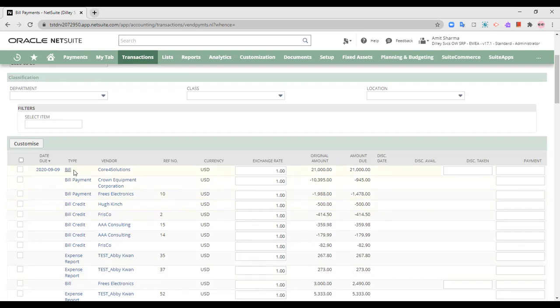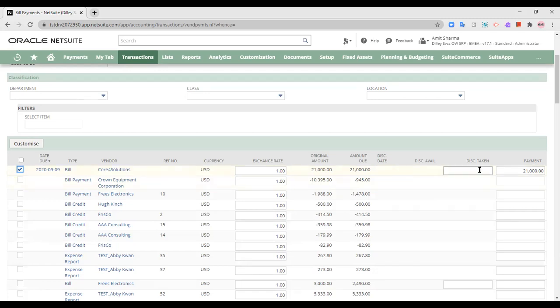So as you can see, this is the bill that we had just seen, for the amount of 21,000. This also appears here. I can check it over here, and payment automatically gets taken from the amount due. Let's say the payment is around 19,000, let's assume that only 19,000 needs to be paid. 2,000 was a discount that was given to me by the supplier or by the vendor after the invoice was raised.